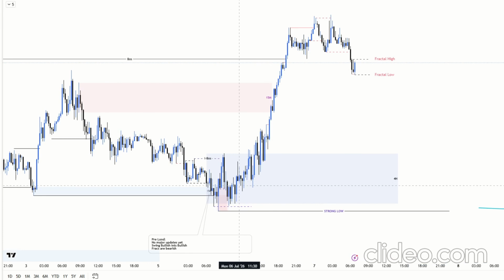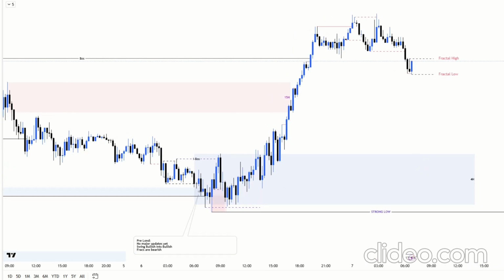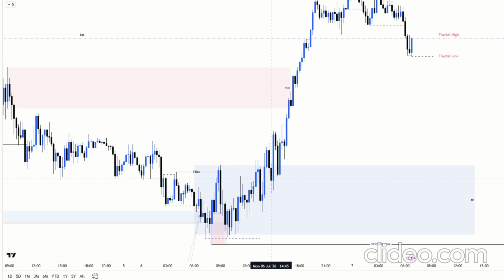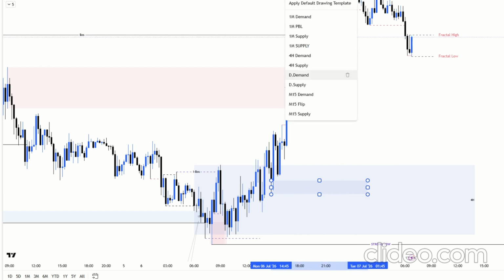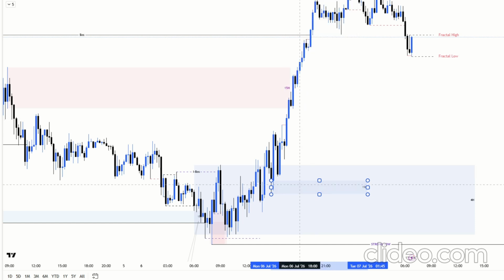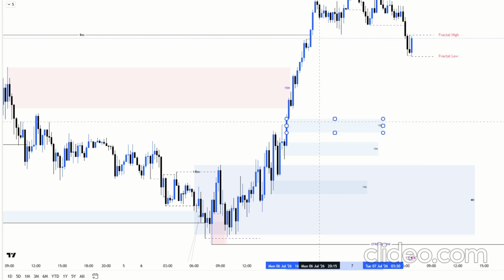We have the extremes. All the extreme demands are mitigated. The only unmitigated ones are the wicks, the long wicks. Remember we said long wicks in the lower time frame are zones, so we'll just mark them. That's one. These are 15 minutes demand. We shall be having quite a number, and then we have this one, and then we have these ones. I will not mark the ones that are above the